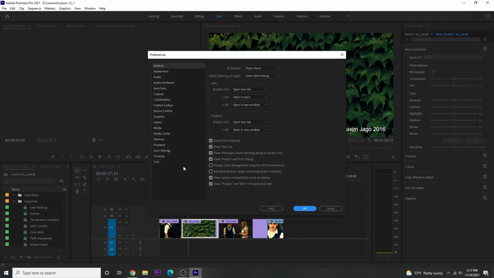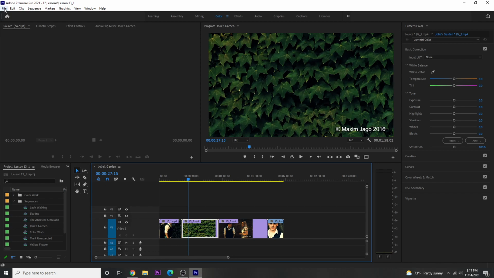And when it opens up, under the General tab, you come all the way down, and there's a box here: Display color management requires GPU acceleration. You can click that, and that will help mimic your computer to show you a more closely accurate representation of that YUV color space. However, if this is grayed out and you're not able to choose that,